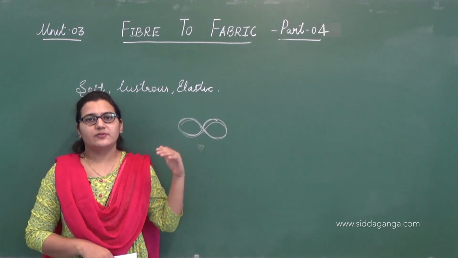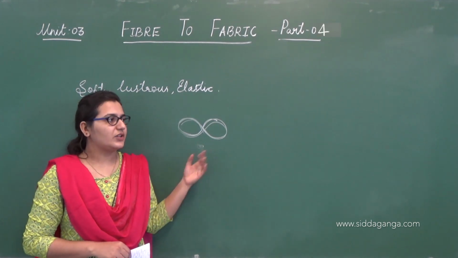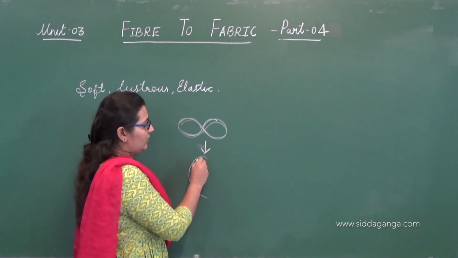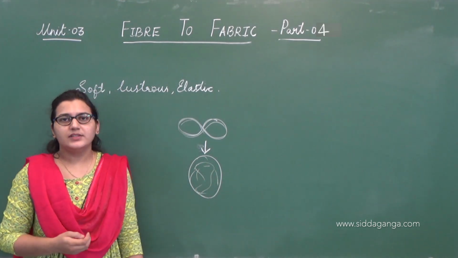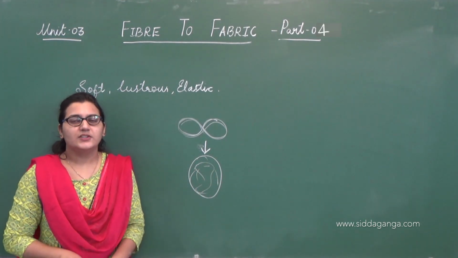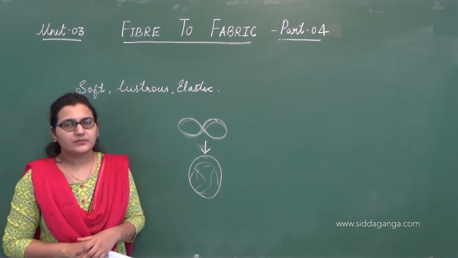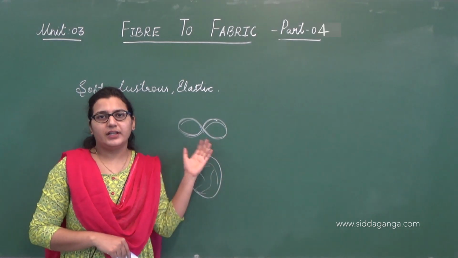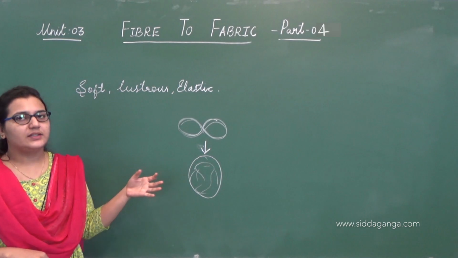The next form we get is the pupa, inside a structure that is the cocoon. Because of this spinning around, we get this structure called the cocoon, and inside it we have the pupa. So the cocoon is the form from which we get the silk fiber, and the pupa converts into the adult moth. Again the life cycle repeats itself. This is how we get the silk fiber.